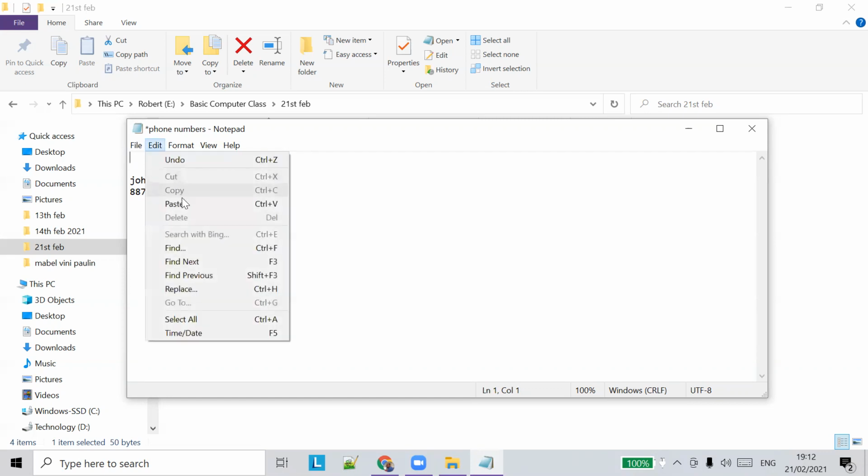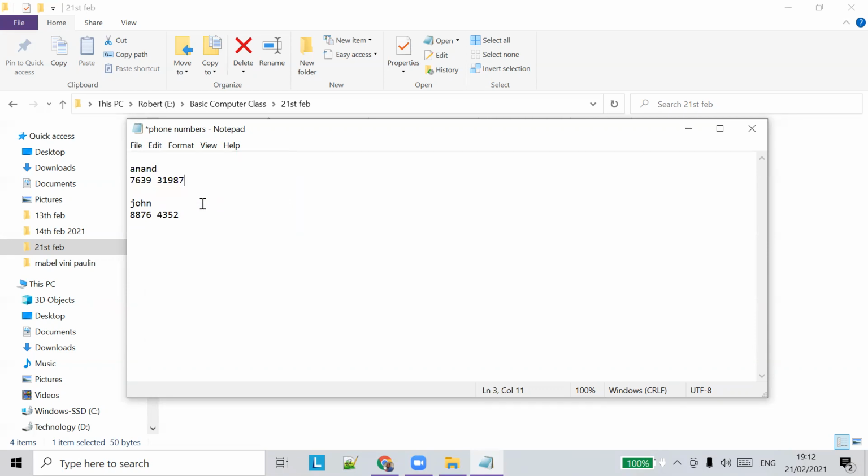And when you do paste again, it will be pasted in the other location. So there is a difference between cut and copy. Copy will make copies of it. It won't delete the original content, but cut will delete the original content, and then we have to paste it in some other location. So that's the difference between cut and copy.